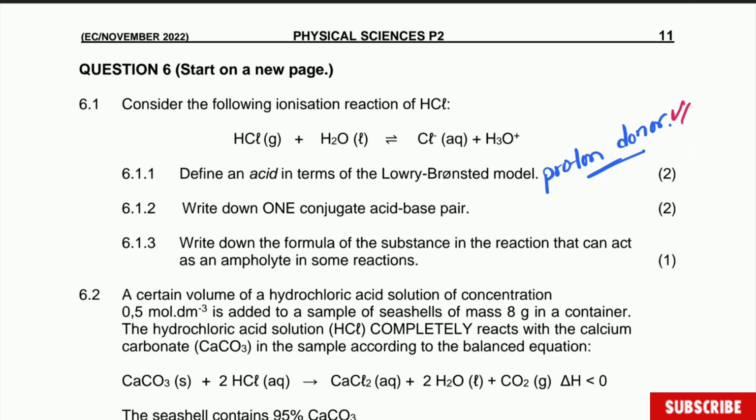Which one? Write down the conjugate acid-base pair. So let's do all the steps. To do this one, we have to identify the families. You can see that HCl and Cl are families of each other. You can see that they look alike, or let's say they have something in common. Now, what happened from the reactant to product? One H is gone. Therefore, it means that this one is the acid, but you know that. And this one is the conjugate